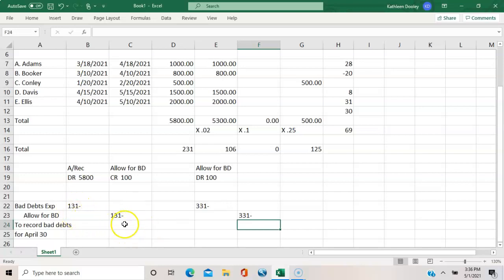instead of the 131, because we have to go all the way from a debit of 100 to having a balance of credit of 231. So once I credit this 331 to the allowance account that has a debit of 100, by the time I post that 331 credit, then I will finally have a credit balance of 231. So in other words, the whole point is to have a credit balance of the total